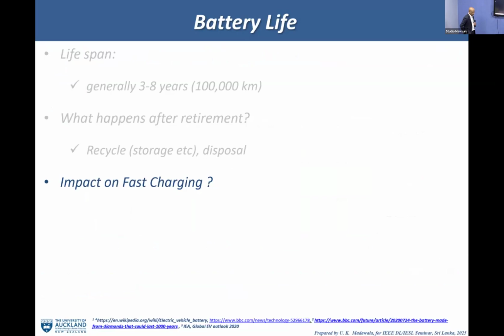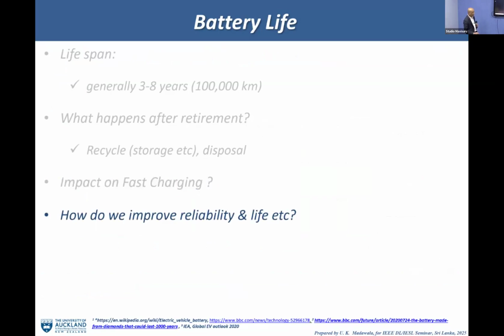The other issue is that I told you that you can charge the battery so quickly. But what will actually happen to the battery chemistry? A lot of people are now working on making sure that, yes, the technology has developed to give so much power, but can the battery take it? What will happen to the battery life? People are investigating that, and I have done some work on that too: how do we improve the reliability and the life